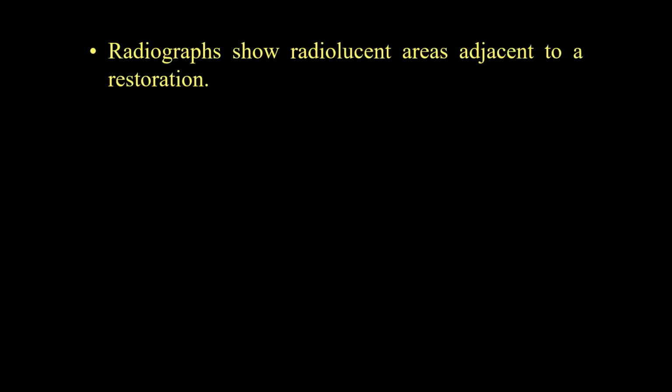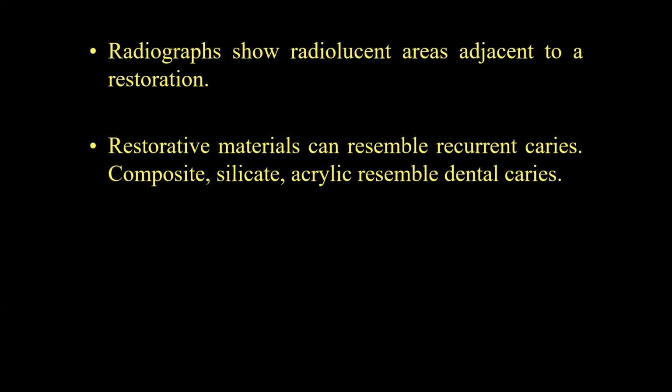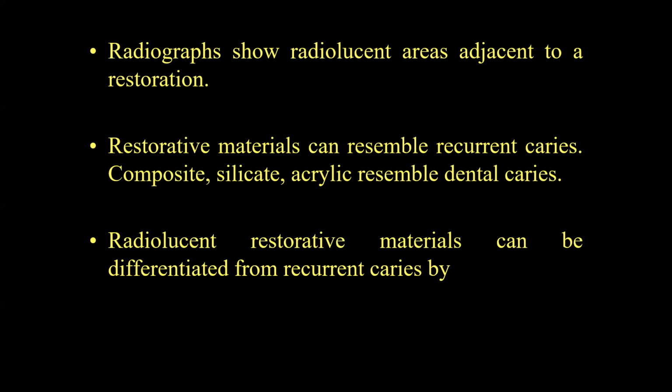So on a radiograph, these secondary caries are seen as radiolucent areas adjacent to the restoration. Some restorative materials, radiolucent restorative materials, can also resemble recurrent caries, like composites or silicates, acrylics, can resemble dental caries. So we can distinguish a radiolucent restorative material from a secondary caries